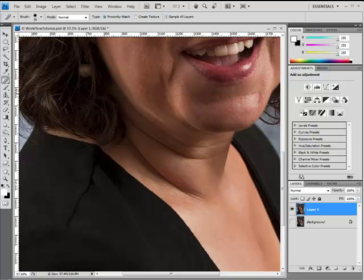So what we want to do is, the healing brush isn't going to really work here. If we sit here and go like this, you can see that that doesn't really work at all. So we need to do something with a larger tool. In our case, the patch tool is going to work really well. So we come along this line and we want to take it in sections. We want to keep our sections nice and thin and small so that we can just move right over there